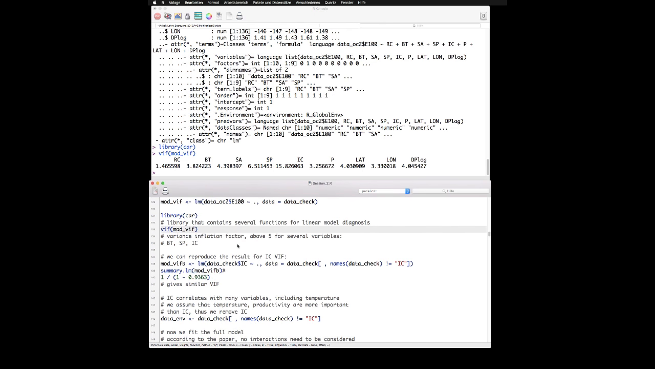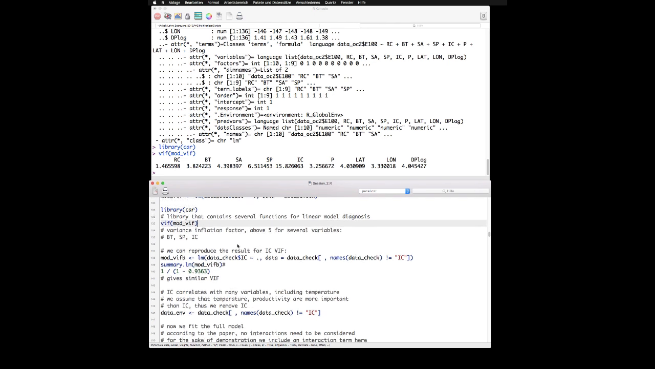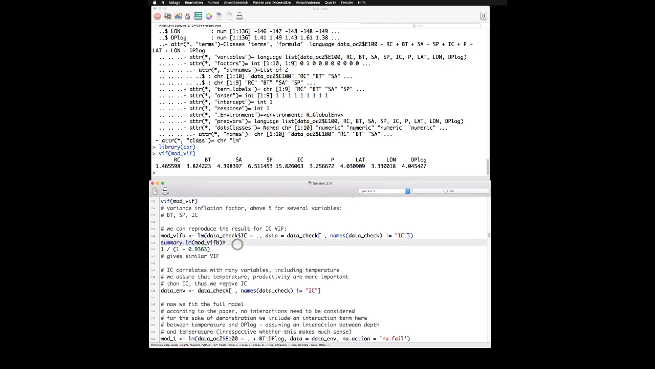So the first thing we do is we remove the IC variable from the data set. And that's done in this line. Here I show you how to reproduce the result for the variance inflation factor for IC. So let's say we